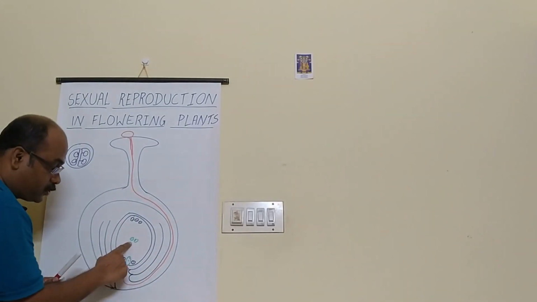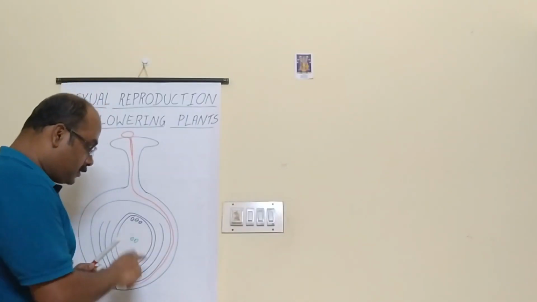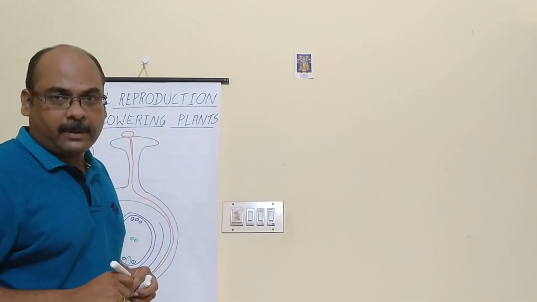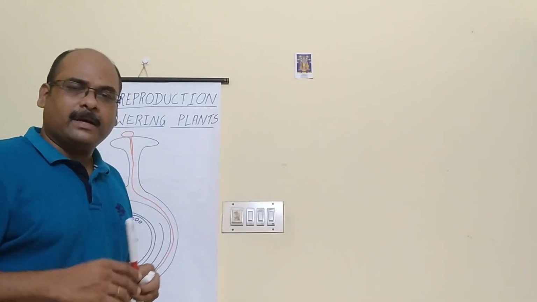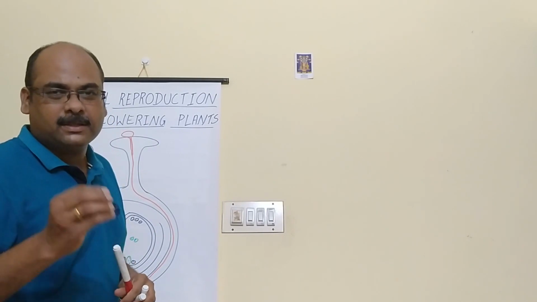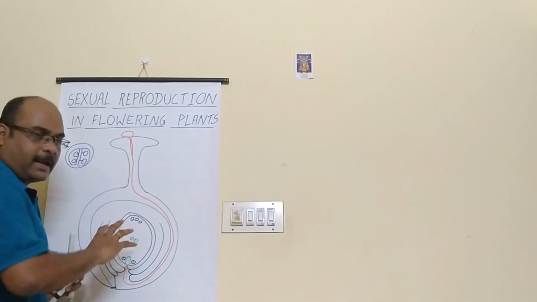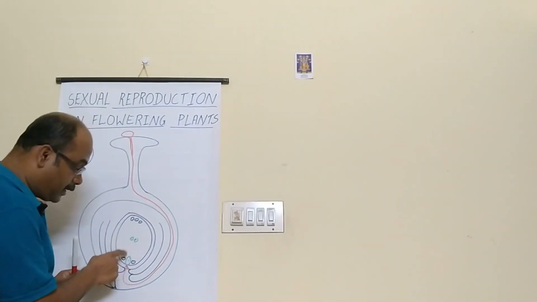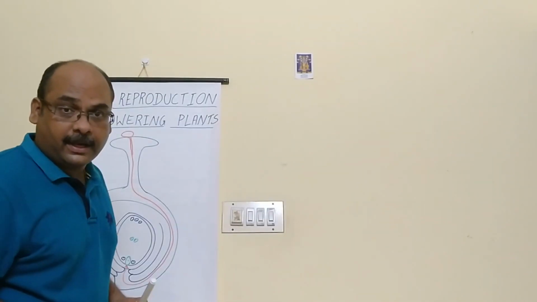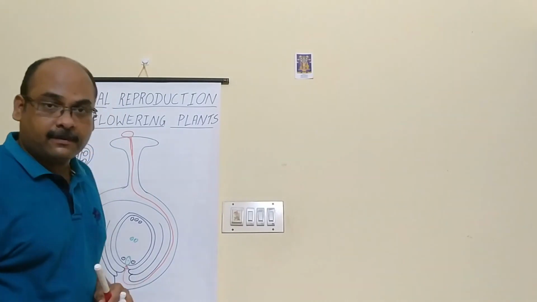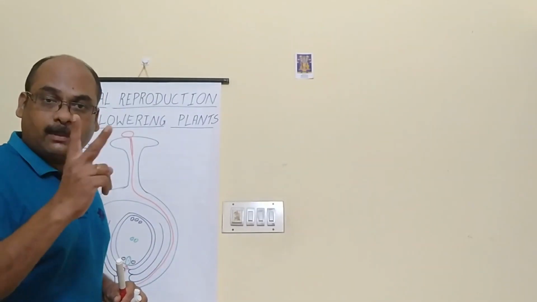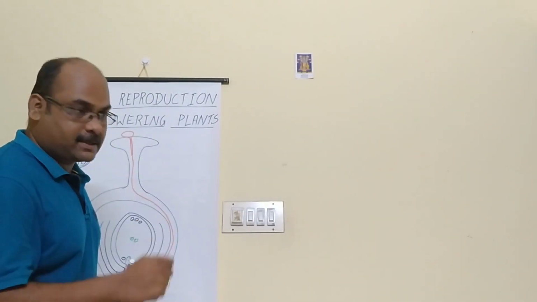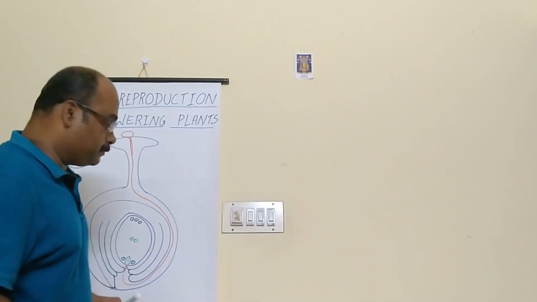Another male gamete fuses with the 2 polar nuclei. Since 3 cells are involved, we call it triple fusion. The resultant cell is the primary endosperm nucleus. Later it will become endosperm. Endosperm means it is the stored food. After fertilization, there are 2 fertilizations here: one is syngamy, another is triple fusion. So the fertilization inside flowering plants is called double fertilization because there are 2 fertilizations, syngamy and triple fusion.